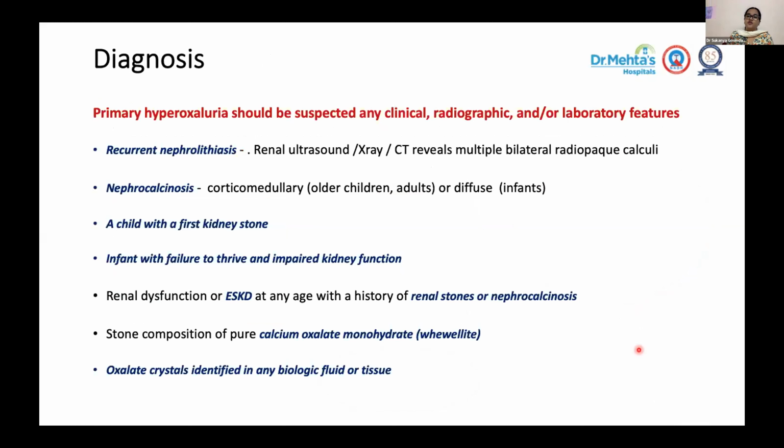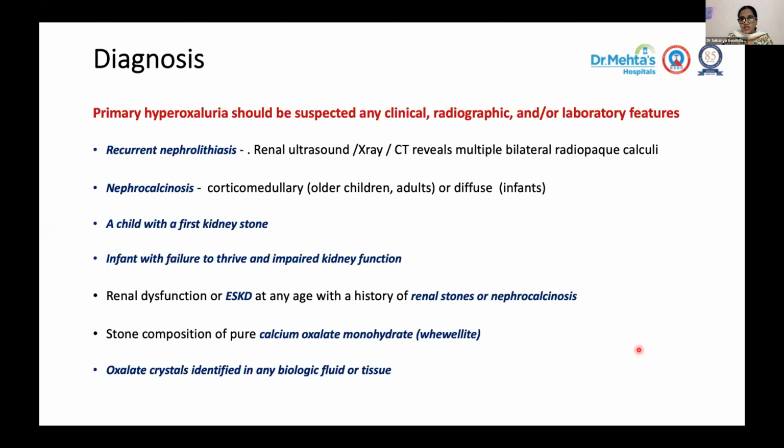The diagnosis of hyperoxaluria: this disease being rare and very heterogeneous in its presentation, you need a high index of suspicion to diagnose primary hyperoxaluria, and it should be suspected in any combination of clinical, radiological, or laboratory features. Any patient with recurrent nephrolithiasis, either confirmed by renal ultrasound, an X-ray, or a computed tomography showing multiple bilateral radio-opaque densities, having nephrocalcinosis, which can be either medullary or corticomedullary, often seen in older children and adults,